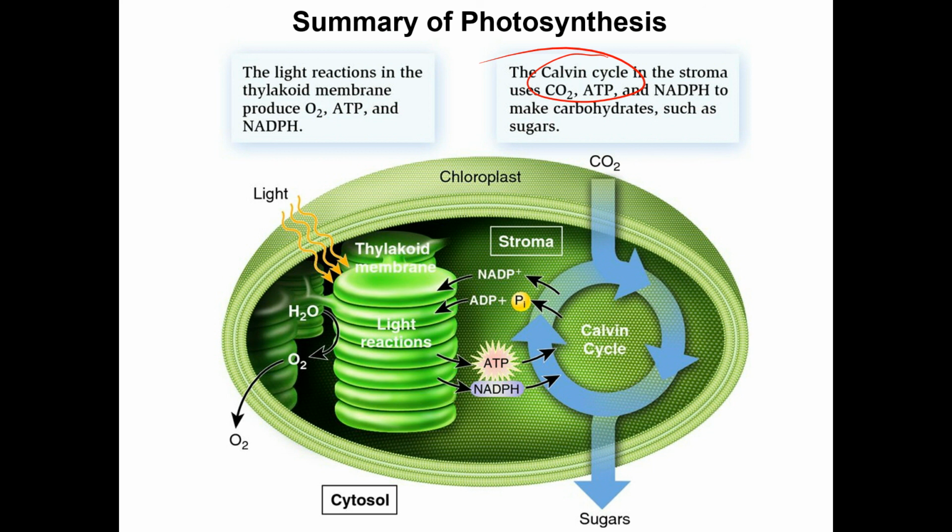Your light dependent reaction, your light reaction: your pigment molecules absorb light energy. That light energy excites electrons. Those electrons are used to reduce NADP plus to NADPH. They're also used to generate ATP. Now, these electrons are lost in the process. They get transferred to these electron carrier molecules here, so they have to be replaced. This is where water comes in. Water is split, it donates electrons back to your pigment molecules, and you produce oxygen gas, which leaves the cell through the